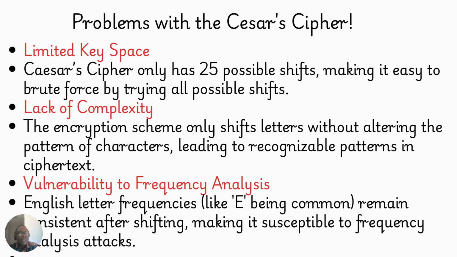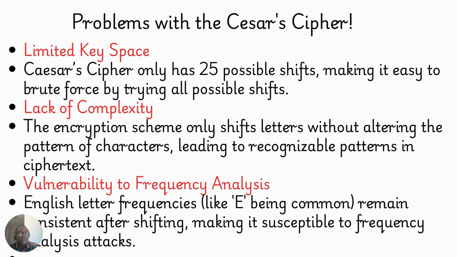Another problem with Caesar's cipher is the lack of complexity. Since the encryption scheme only shifts letters without altering the patterns of characters, it is easy to recognize patterns in the ciphertext. And this is because the English language, for instance, has some unique traits. For instance, we know that the vowels A, E, I, O, U, occur more in the English language than any other set of letters. Using this information, one can easily decode the actual meaning in modern day